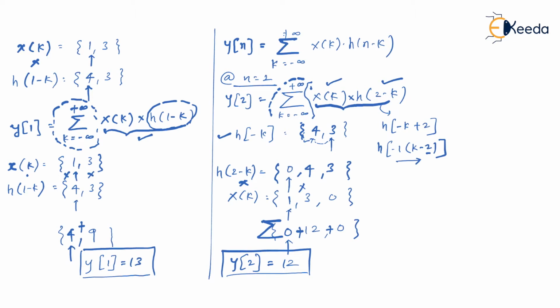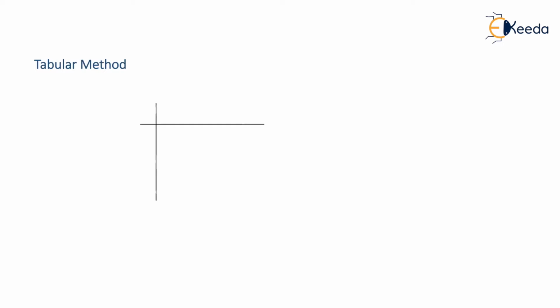Of course, before learning any shortcut method, it is quite essential that you should understand a traditional method also, because sometimes you will come across such problems where shortcut doesn't apply but traditional method really helps. So knowing traditional methods are equally important. Let us go for the best method or alternative method for this, known as a tabular method. What is tabular method? We'll understand. So in this tabular method, again I'll just copy the question x of n and h of n.